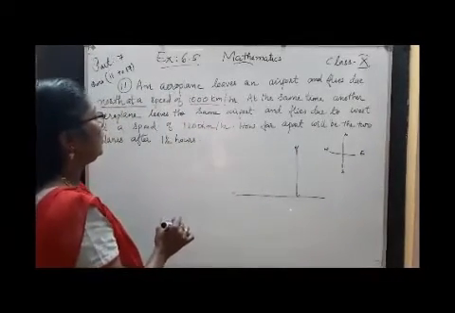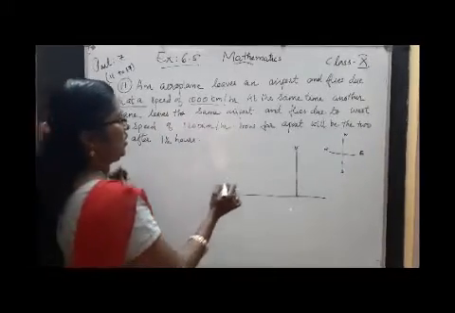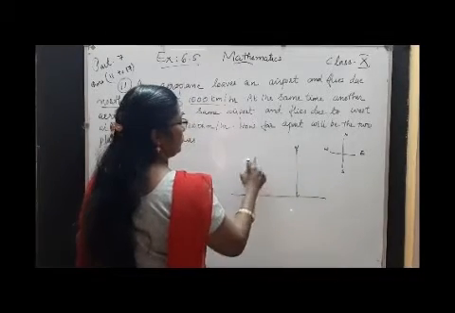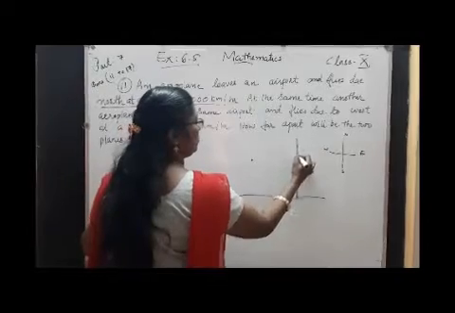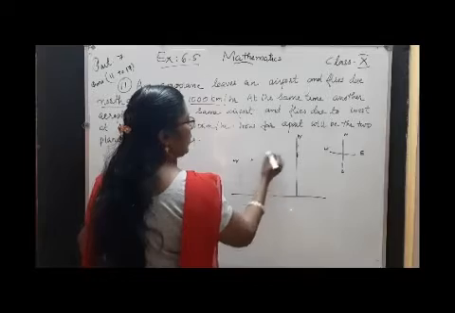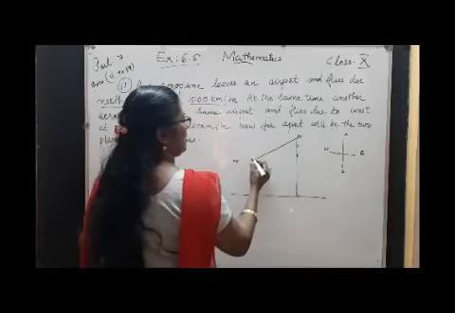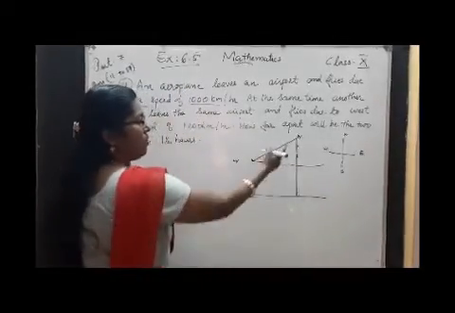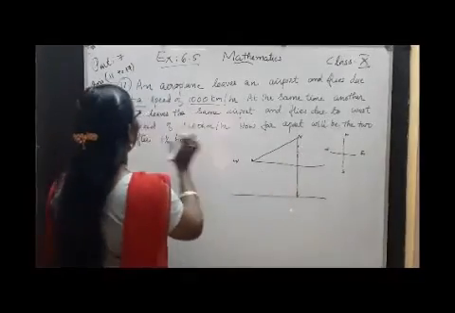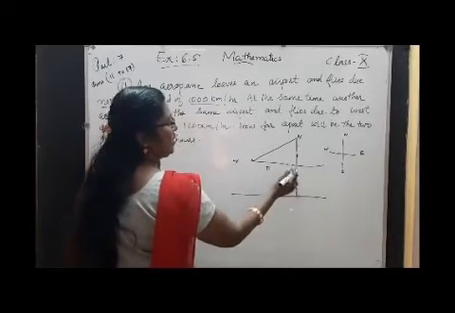And then at the same time another aeroplane leaves the airport and flies west. Suppose the position of that plane is here. This is north, this is west. Here the aeroplane is here. How far is the distance between these two planes? Here the distance for the 1000 km per hour plane and here the 1200 km per hour plane. So we want to find the distance of this.